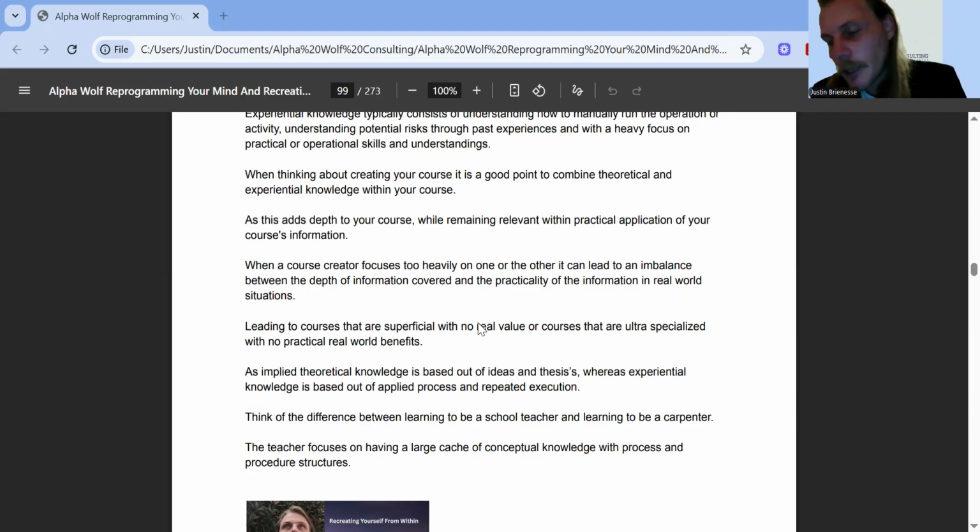So you'll see throughout your life and your experience of learning that these are the two forms of knowledge that allow us to grasp not only concepts, but to be able to operate within those concepts or those conceptual or theoretical frameworks. Very important to understand this, because understanding this is just the ratio between understanding what is the purpose of my course. So, if I'm doing a course on how to dig a hole, why am I doing a course on how to dig a hole?